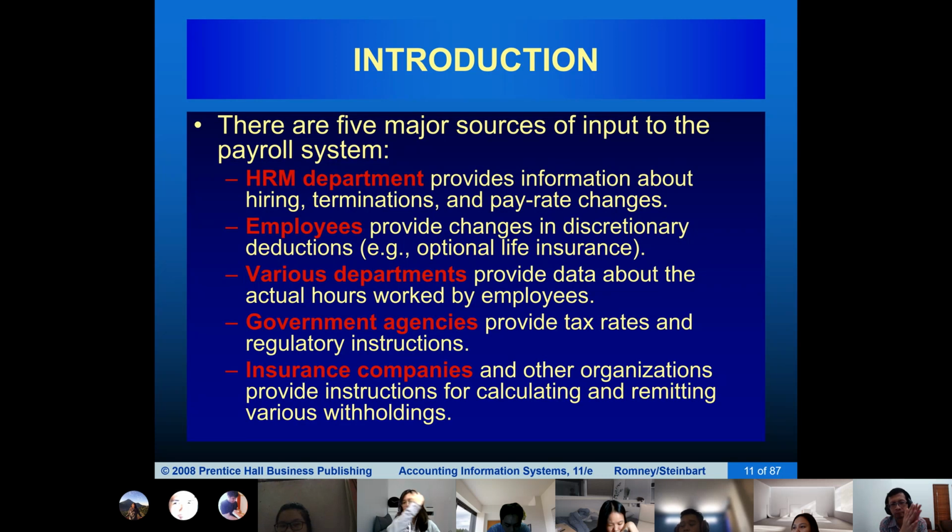Okay. So you will only receive the single benefit rather than the family benefit. From various departments, they provide data about actual hours worked. I have to report this every month. I have to report how many times I attend the lectures, how many times I skip lectures.